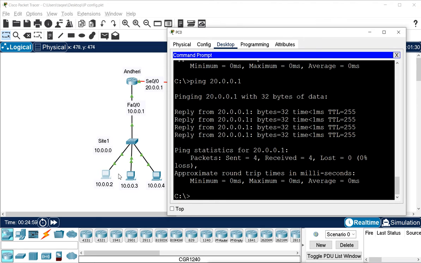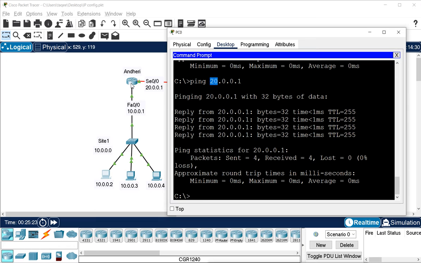Now what is happening? This machine is sending the request to the router. When I try to ping this network, it checks that my network is 10 and the network I am trying to ping is 20. It says this is not my network, so I can only reach that network by going through the gateway. So it sends the packet to the gateway, that means our router.